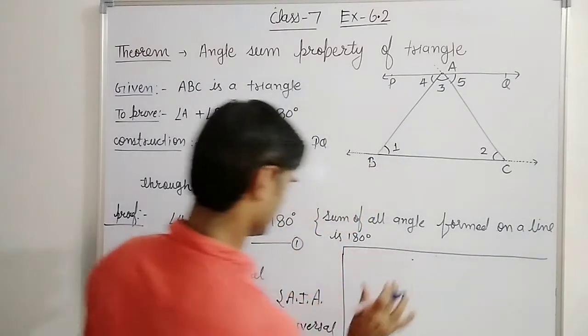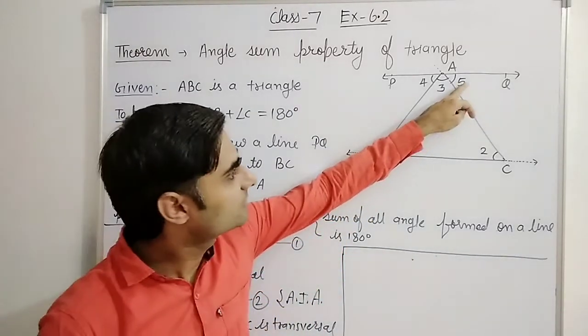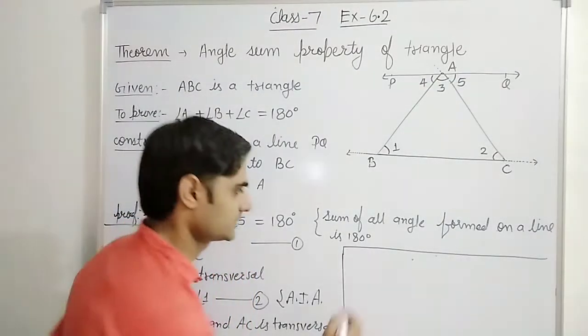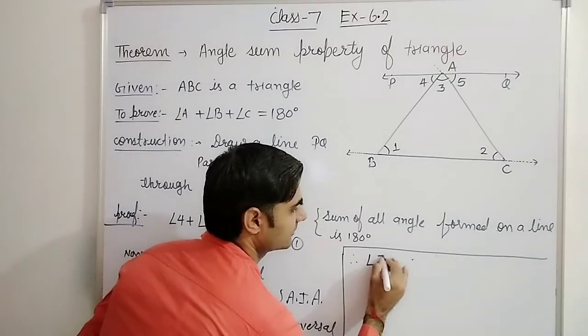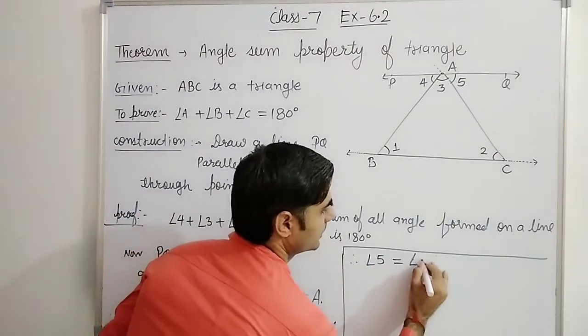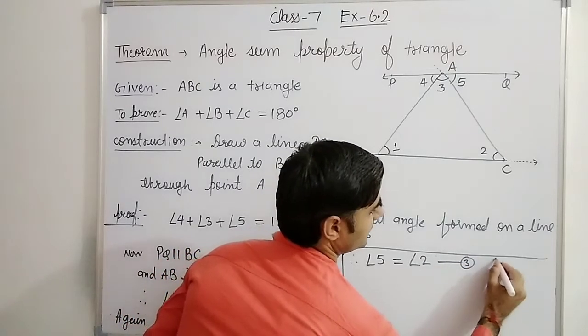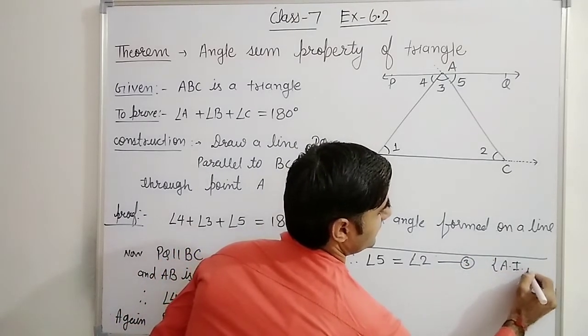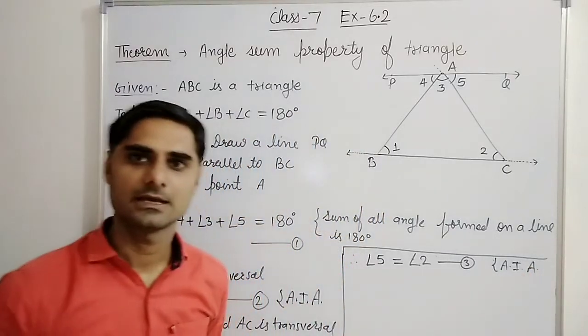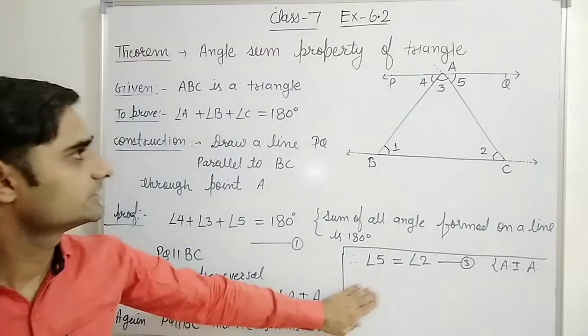यहाँ करते हैं बाकी का पार्ट. ये ट्रांसवर्सल है, सो angle 5 and 2 will be equal or not? So angle 5 will be equal to angle 2. Reason, you may mark it equation number 3. Reason will be alternate interior angles are equal. Right? देखो तीन चीजें हो गई.